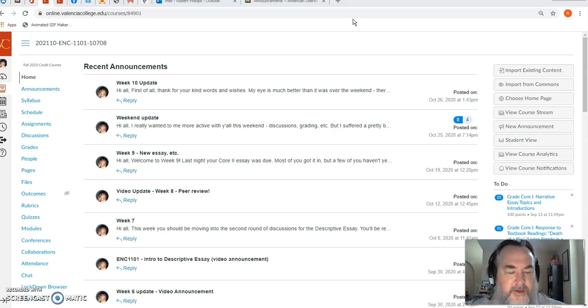But at the very least, I want to help you understand what the assignment should be doing, what the essay should be doing, what this portion of the term is meant to accomplish. This is the core 3 essay. It's cause and effect. And ultimately, you're going to be writing mostly about one or the other, the causes of something or the effects of something. So right now you should be seeing the home screen of our Canvas course.